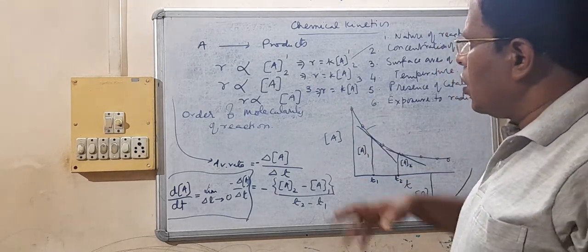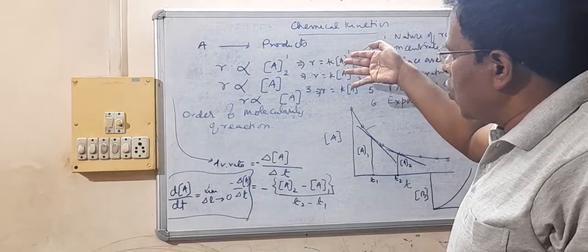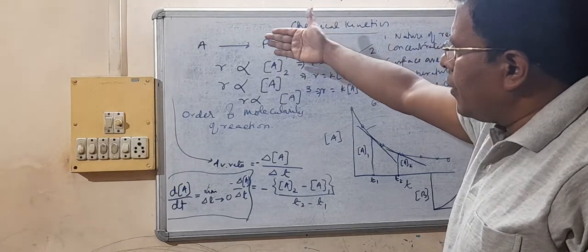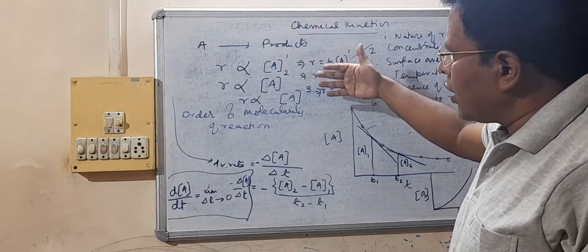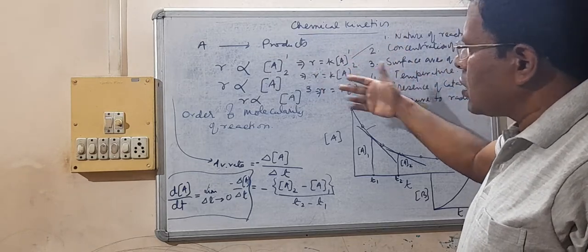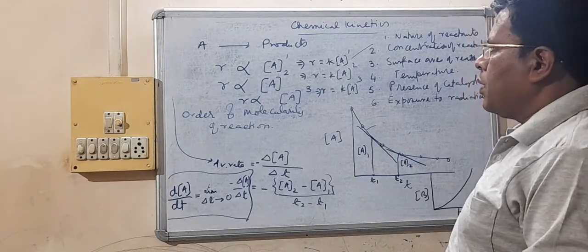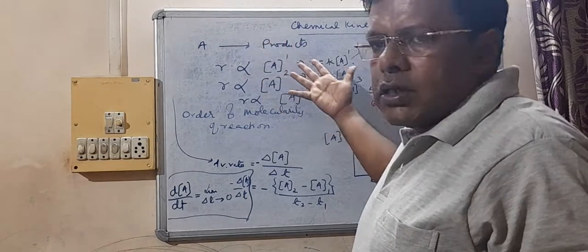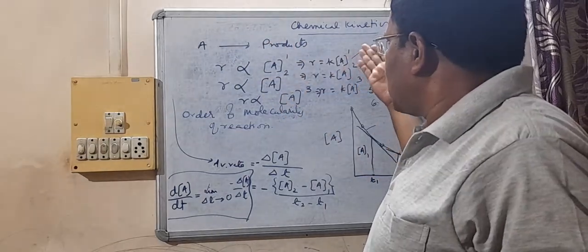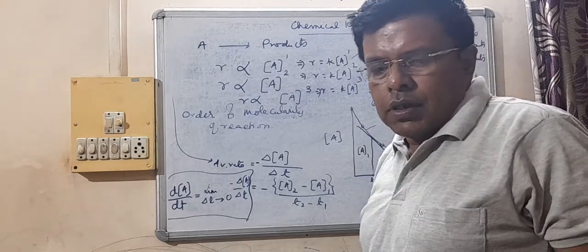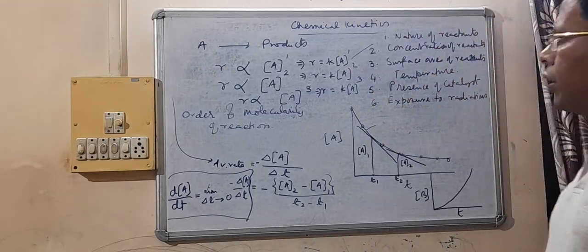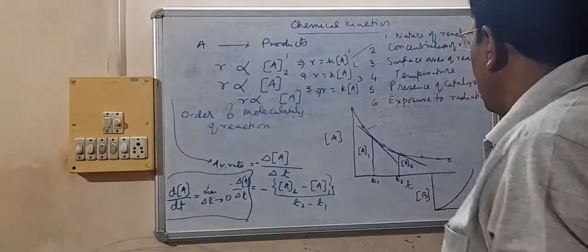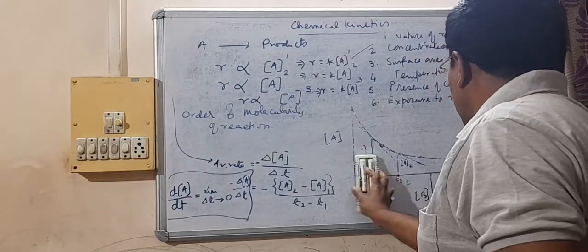As I already said to you, which rate law equation will be followed depends upon the reaction certainly, and we can understand whether it will be this or this or this after performing the experiment. Without performing the experiment, just looking at the reaction, we cannot say it will be a first order, second order, or third order reaction. The order can also be fractional. I am giving you an example of a fractional order reaction.